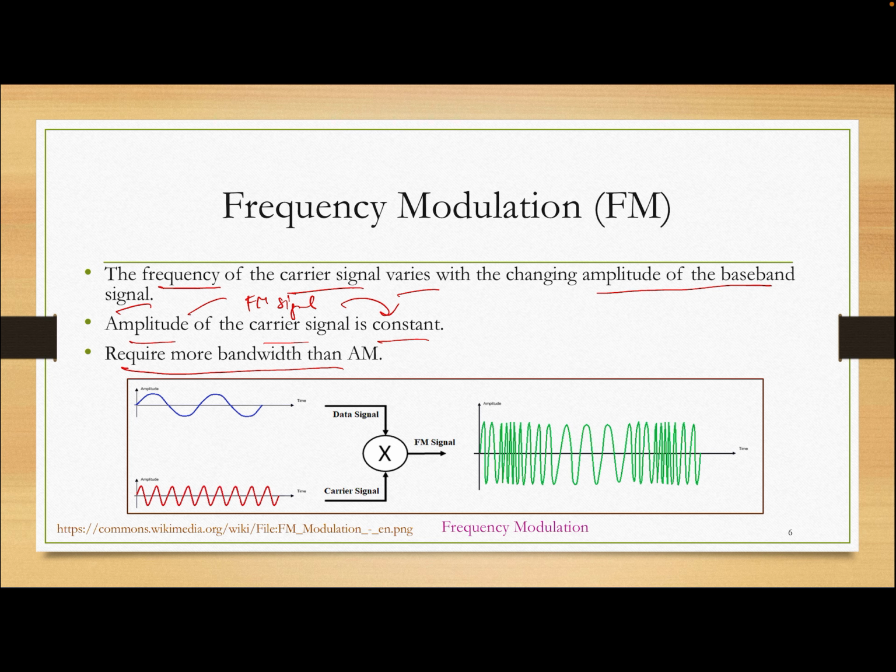So this is the baseband signal in time domain, and then this is the carrier in time domain. You don't actually multiply. This is actually a VCO. VCO is a voltage controlled oscillator. The output of the VCO is that the frequency of the output signal